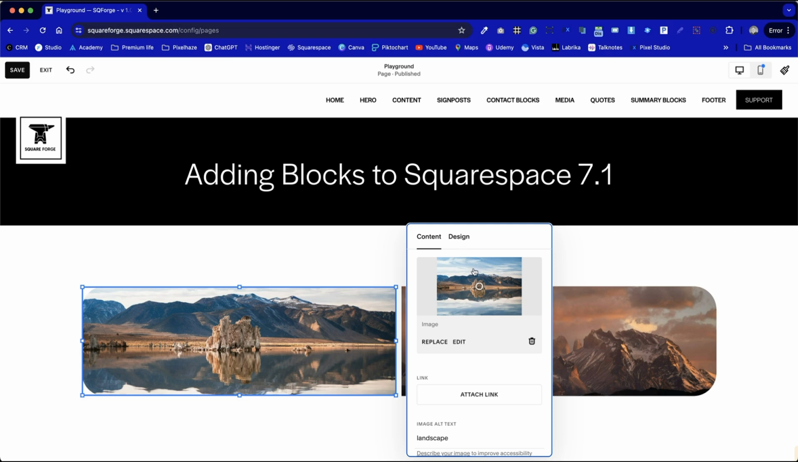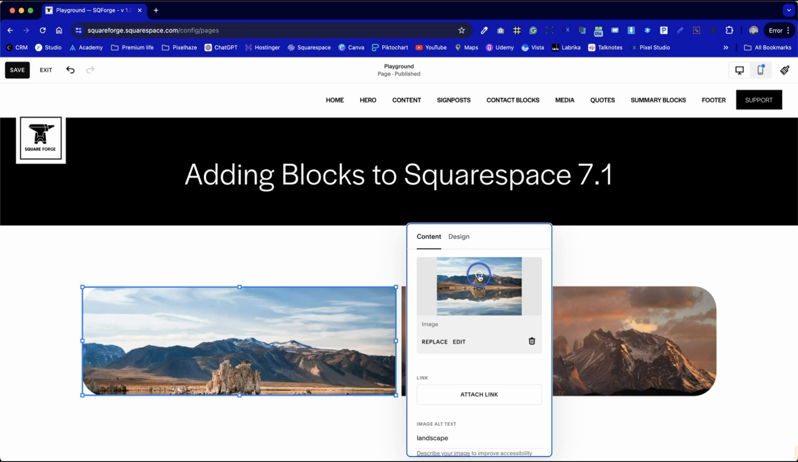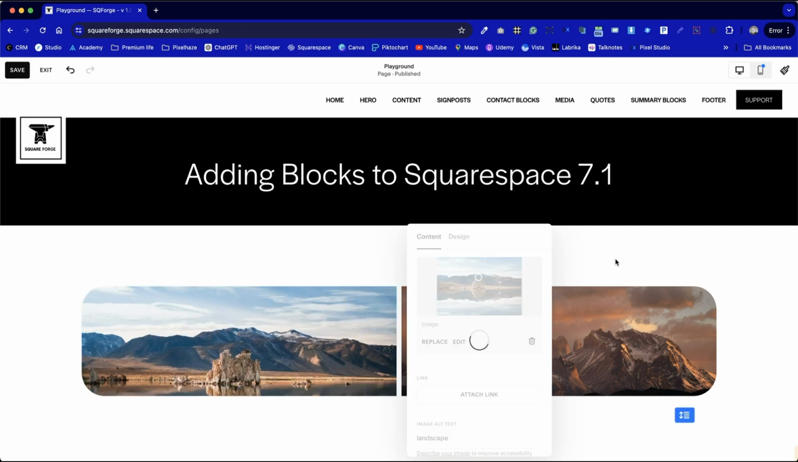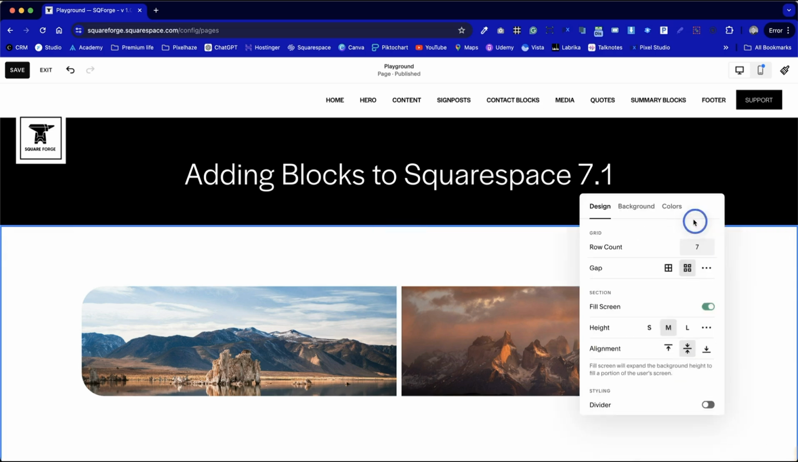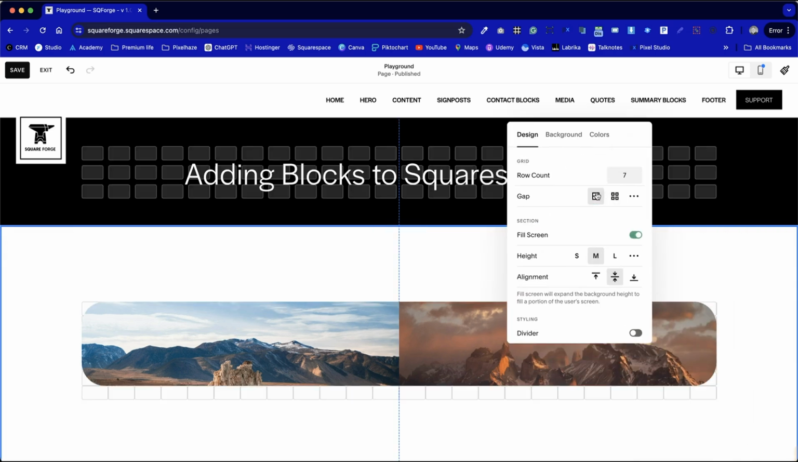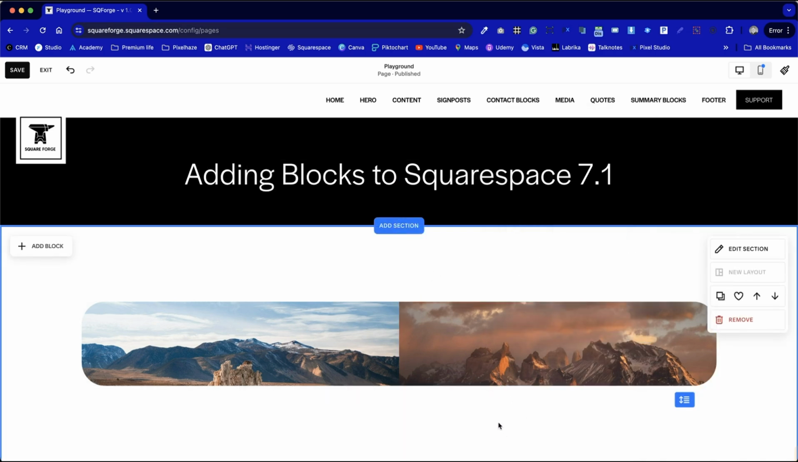Before we finish up this area, I just want to change this focal point so the mountain range is roughly the same, almost as if they're in two different scenes but flowing on one from the other. Now we can go into Edit Section, and here I'm going to remove all gaps. Now we can see that this is like a two-part image,